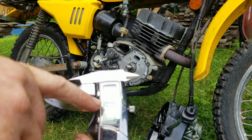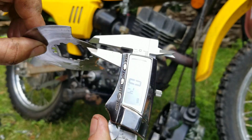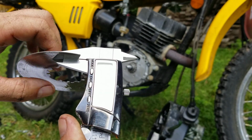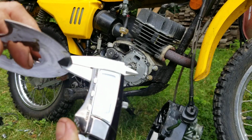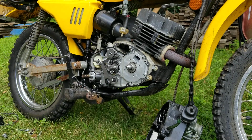So I got 0.69. See that right there? 0.69 there. I got 0.68. Let's check that again. 0.69. And check it in the middle. 0.68. So between 0.68 and 0.69. And then we look in the book